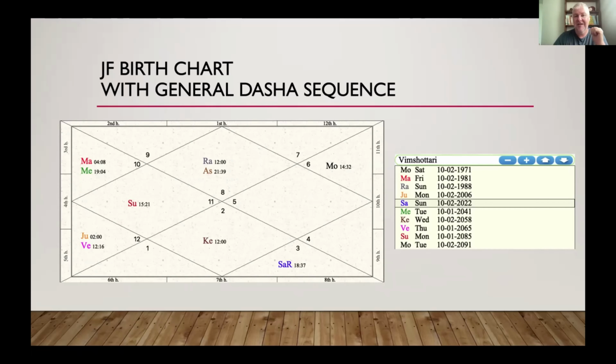So the first one being the Lagna. I told you the Lagna is the first house of the horoscope, and we're going to see if there's any relationship between that house and Saturn. The second one is going to look at the Chandralagna, meaning the house where the moon is residing. And then you're going to look at the Suryalagna, where the sun is residing.